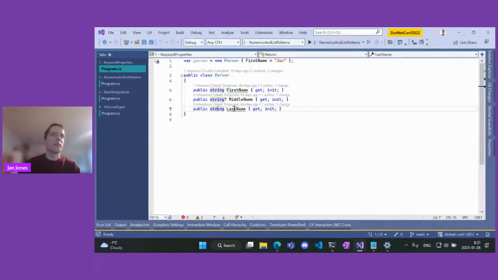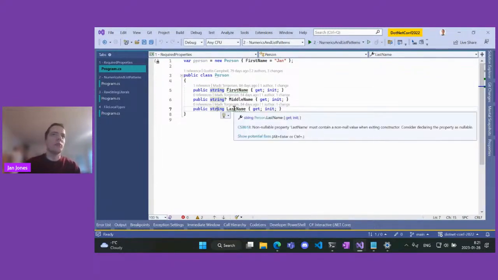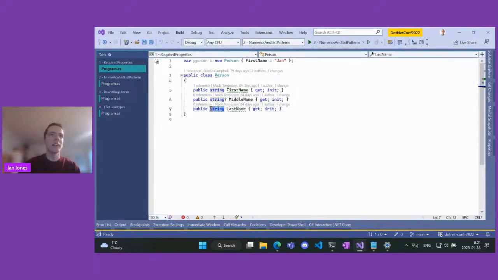So it's not guaranteed to be non-null as I declared it. For example, if I create an instance of the person and don't set last name, it will have last name as null, which is a violation of this null annotation, right? So that's a standard thing.